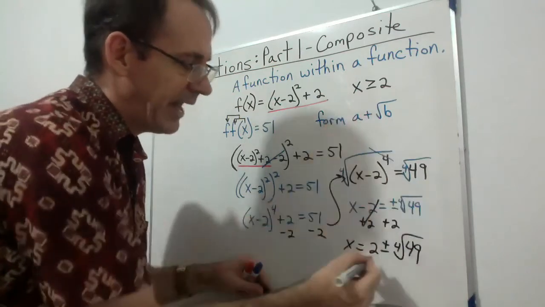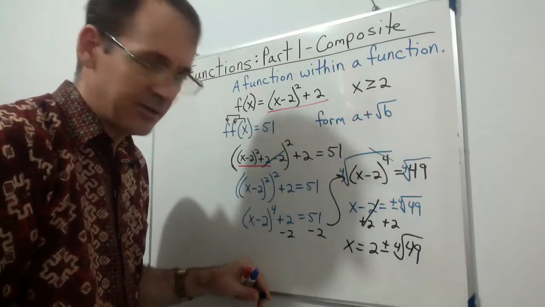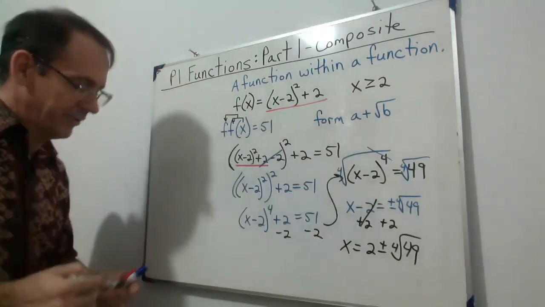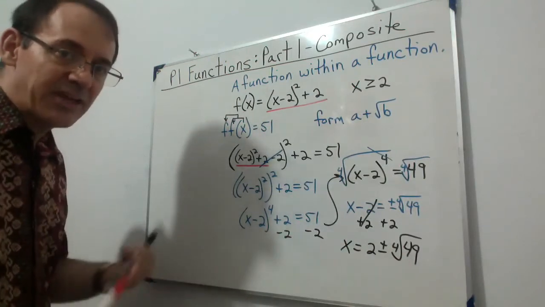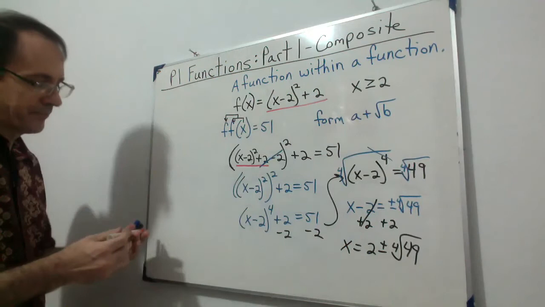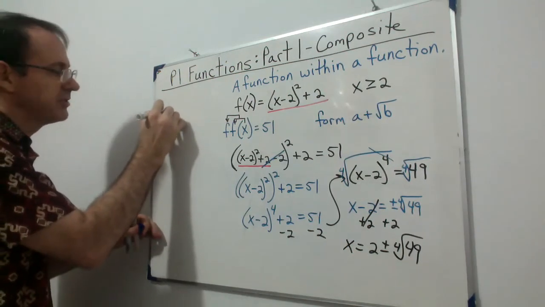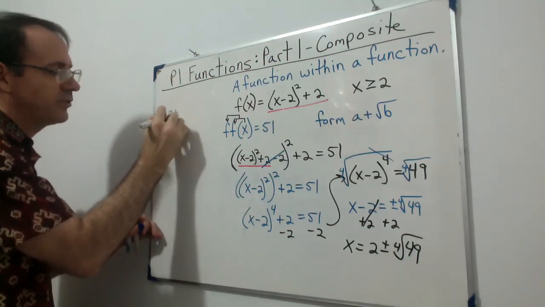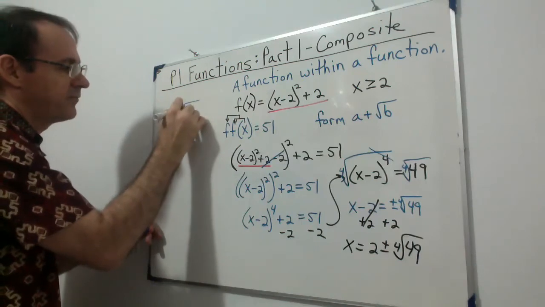So we have the a part, but our root b part needs simplified a little bit. So I'm going to write that over here. We can write 49 as a number squared. We can write this as x equals 2 plus or minus the fourth root of 7